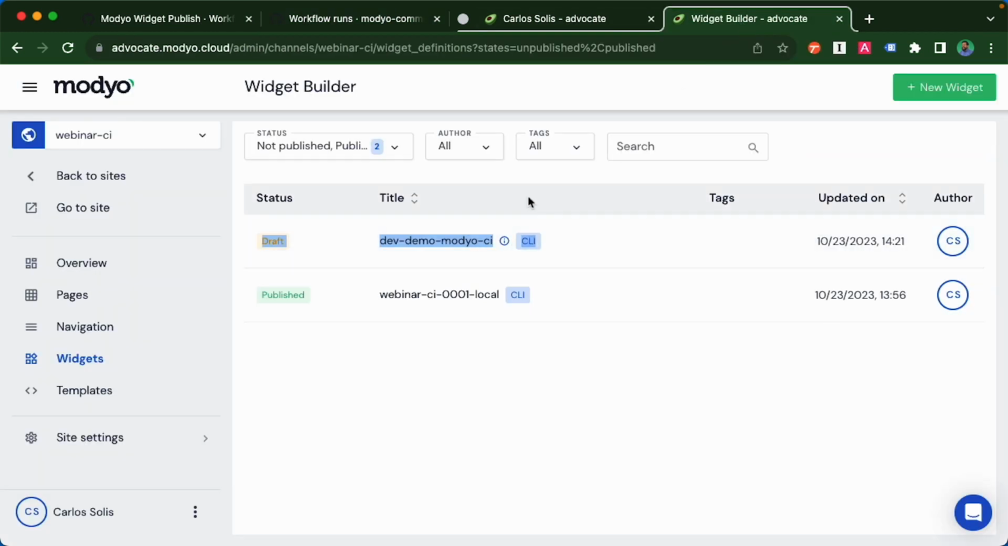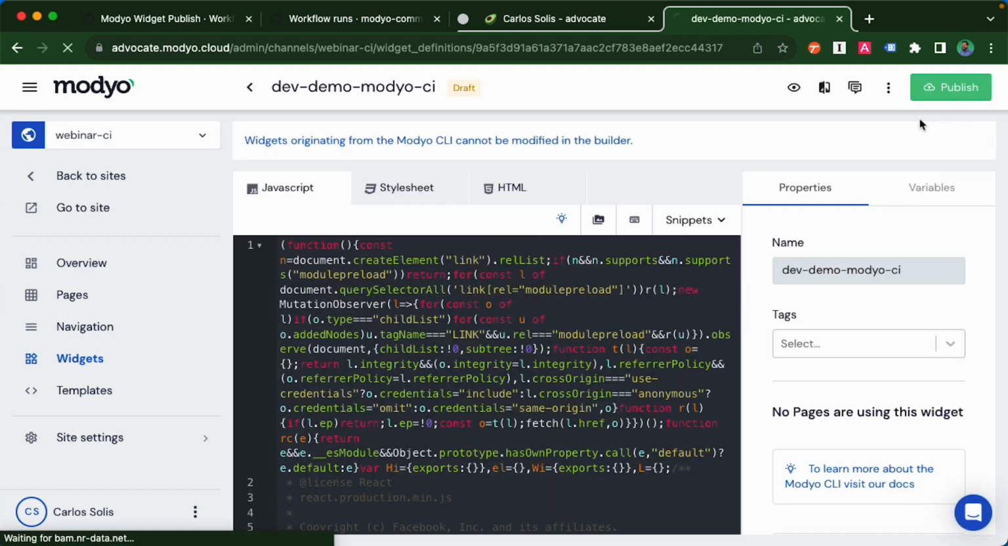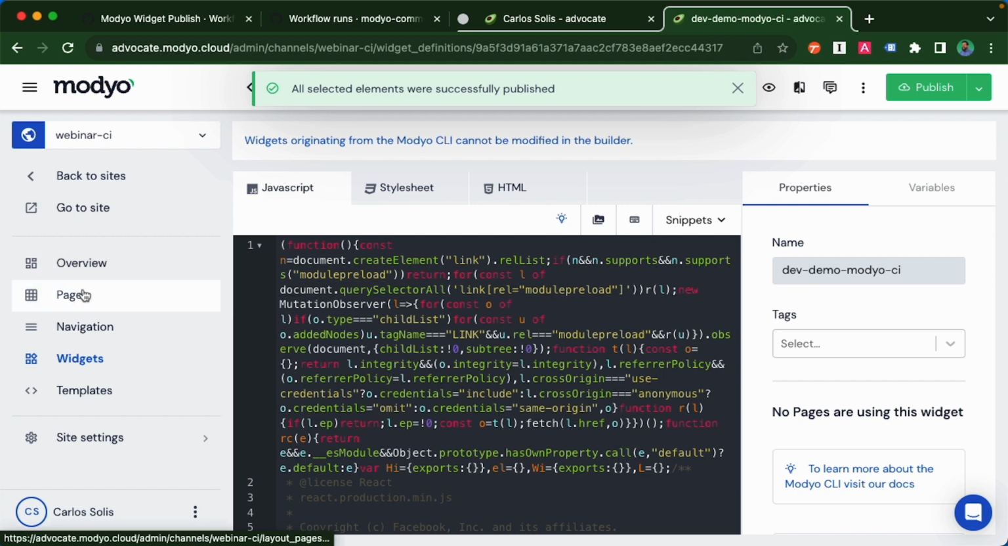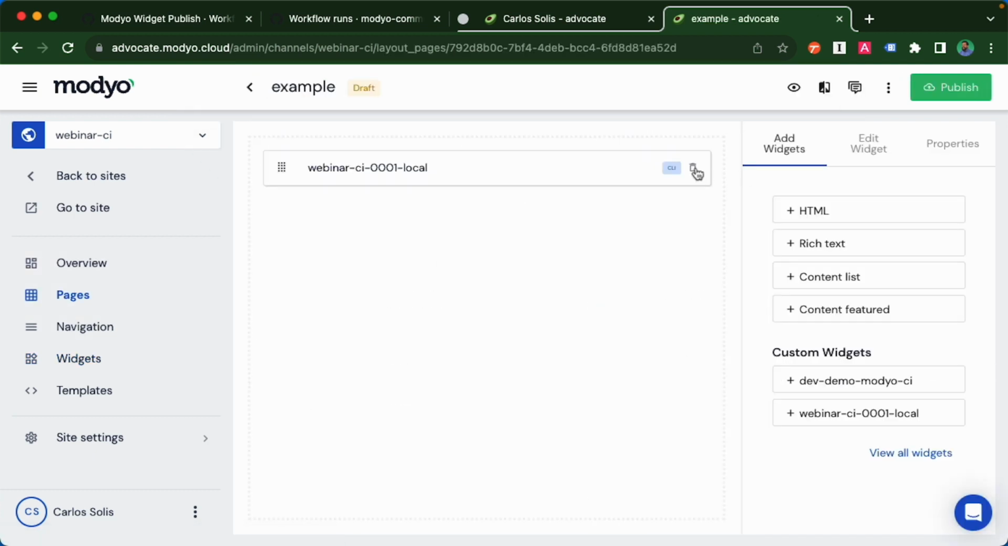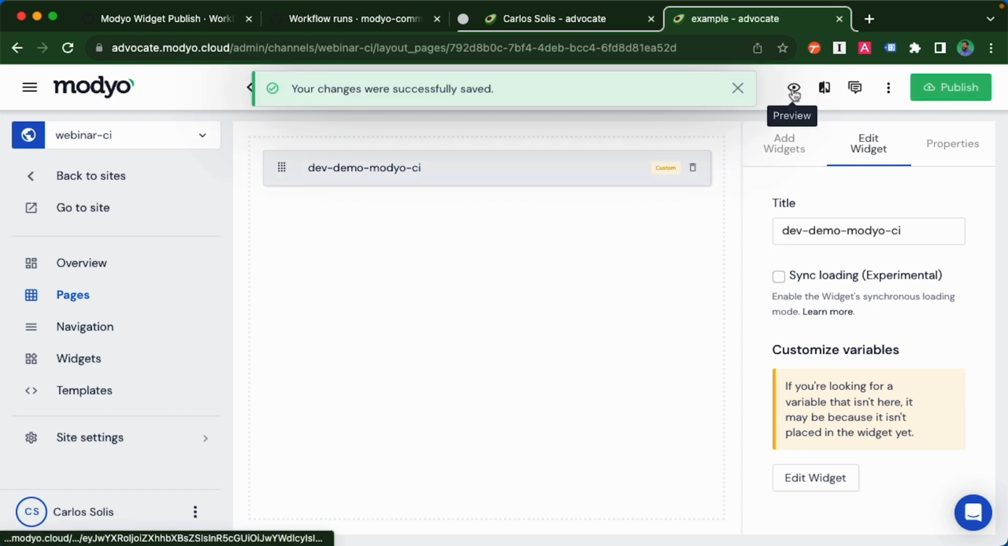How can we use it? Just click here. Remember to publish it. This will make the widget available. Go to a page. Here is an example. I will remove the local version. And we have now the dev version. We have just compiled it using GitHub Actions. Save. And if we click on preview,